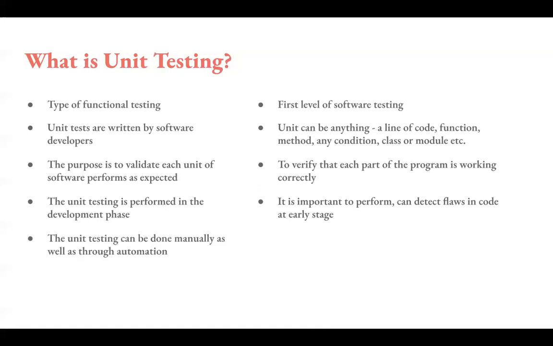Testing can be done manually, but it is preferred to perform it through automation for future reference as well. Even good unit tests can be used as project documentation. Only one piece of code should be tested at one time, or you can say the test case should be written for a particular functionality. Each functionality has individual test cases, and the tests must be independent of each other, because if there is any change or enhancement in requirement, the other tests should not be impacted.